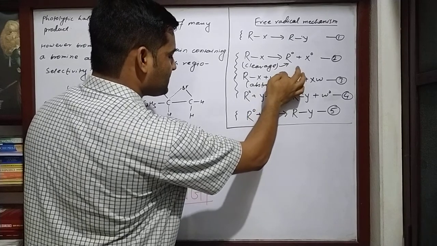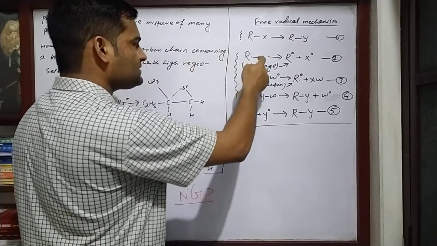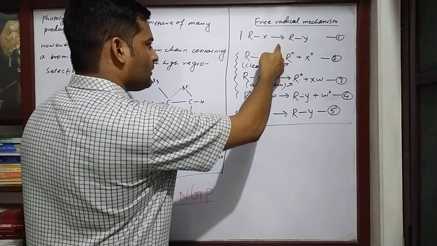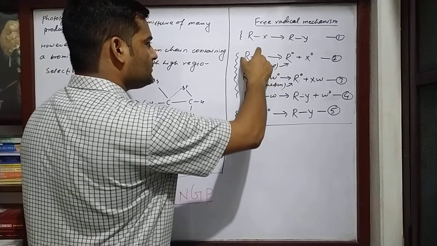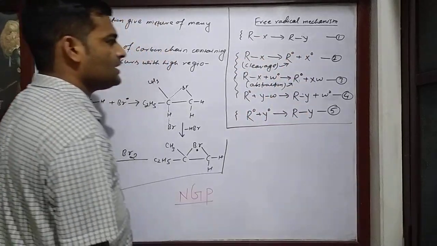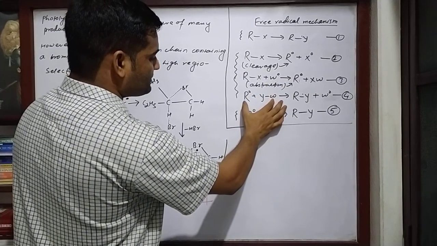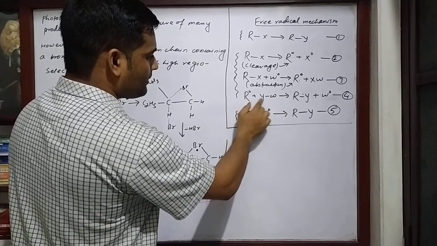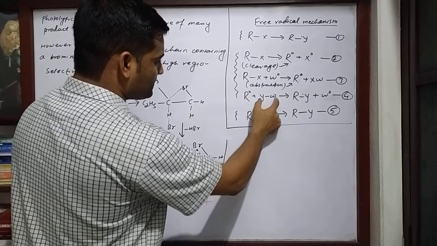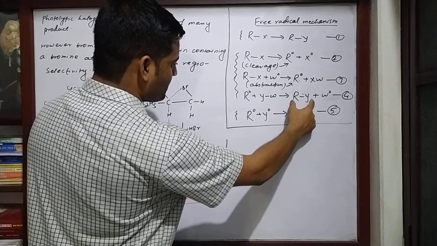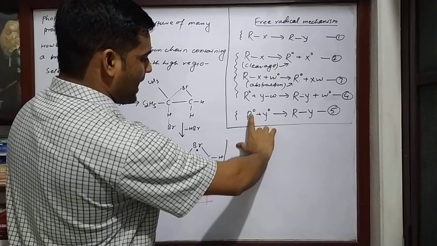The R radical is formed by cleavage or abstraction. Abstraction takes place in presence of another radical, and cleavage takes place spontaneously. What is the meaning of spontaneous? In presence of organic peroxide, high temperature, or gas phase, when a molecule itself dissociates to give radical, this is called cleavage or spontaneous. And the product is formed either when R radical reacts with neutral reagent, abstracting Y from it to give RY neutral product, and W radical is generated,